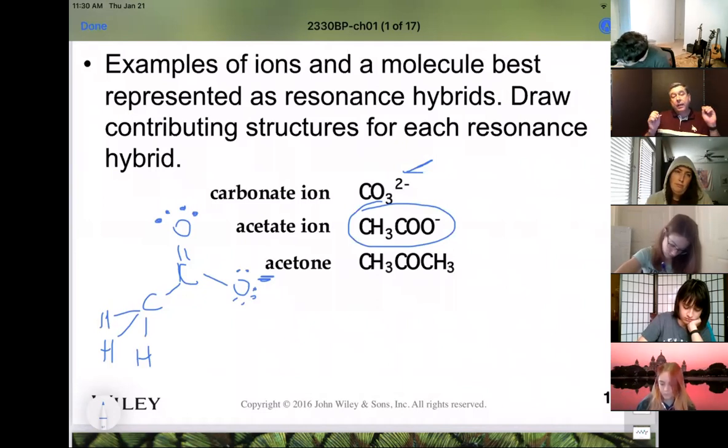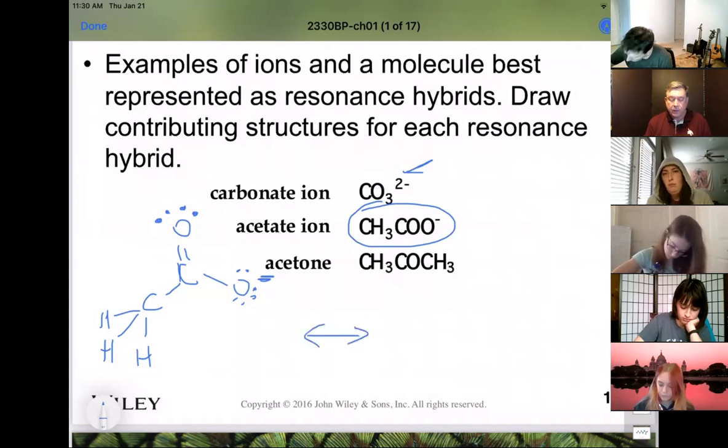We now have a good starting point for our resonance structure, but we have 2 oxygens on our system, and they're basically the same. So why can't the double bond be on the oxygen at the bottom? Well, that would be a great contributing resonance structure. So we're going to draw our contributing double arrow down first,